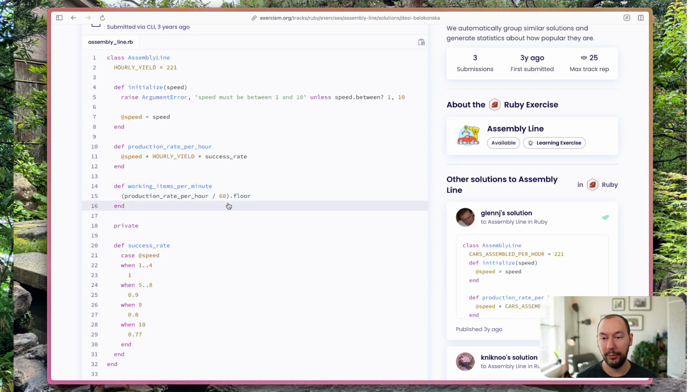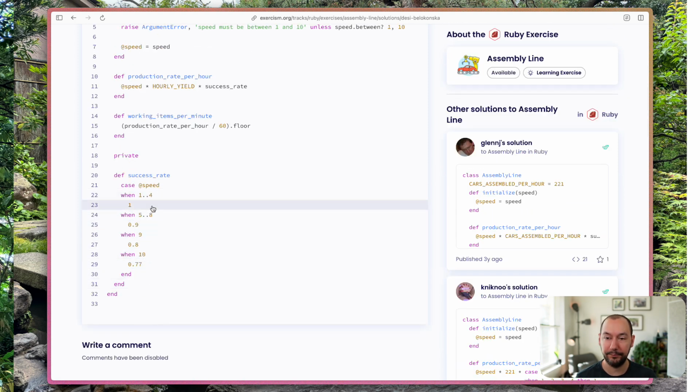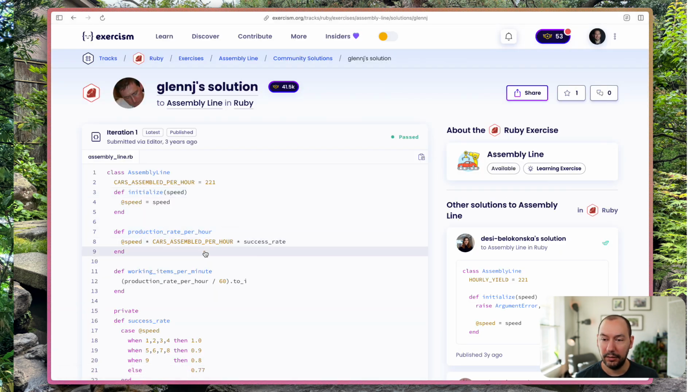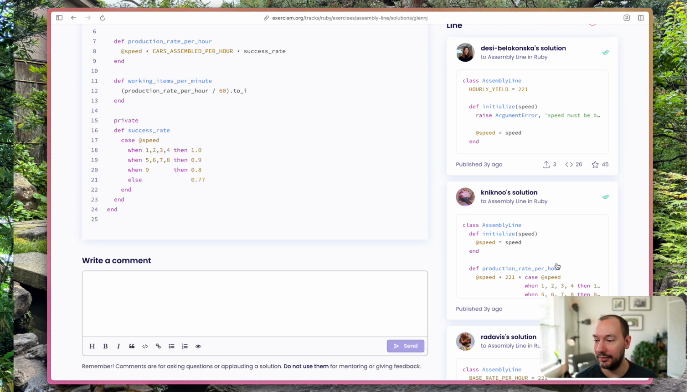Again, like working items per minute, you can sort of reason out why it's 60. I just don't like it. Yeah, so sticking with 1. What is this? This doesn't seem like it would be different. Cars assembled per hour. So this person wrote their case statement on fewer lines of code. So it's a when-then sort of a layout, which I think is pretty good overall, but I don't love the else, right? If you're going to do this and format it, yeah, I don't love it. Let's see if this person,